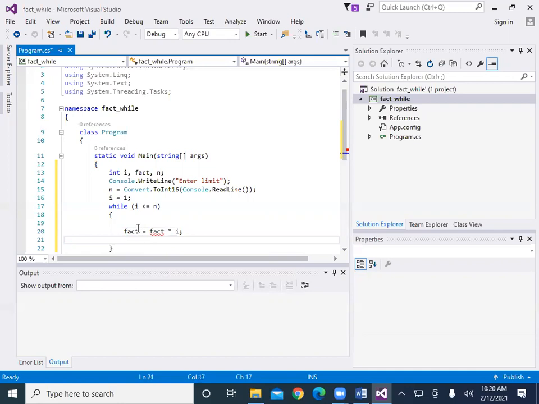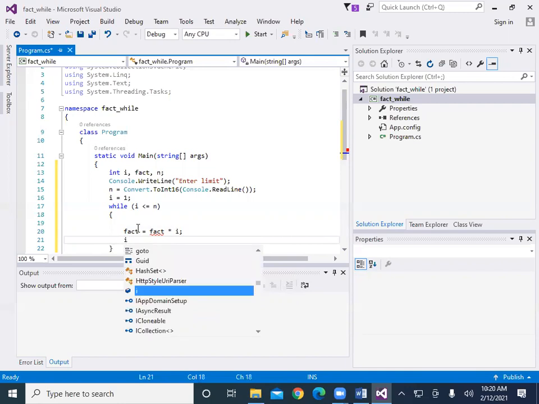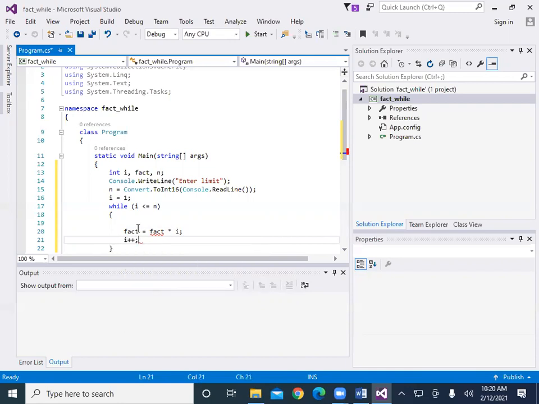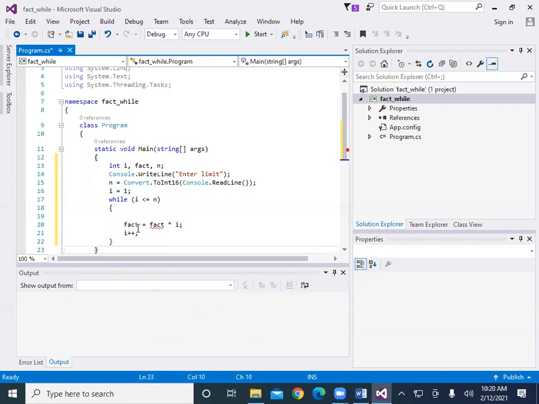Okay, and after that we print, no, after that we increase the value of i. So I write here i plus plus, and outside the loop we print the value of fact.